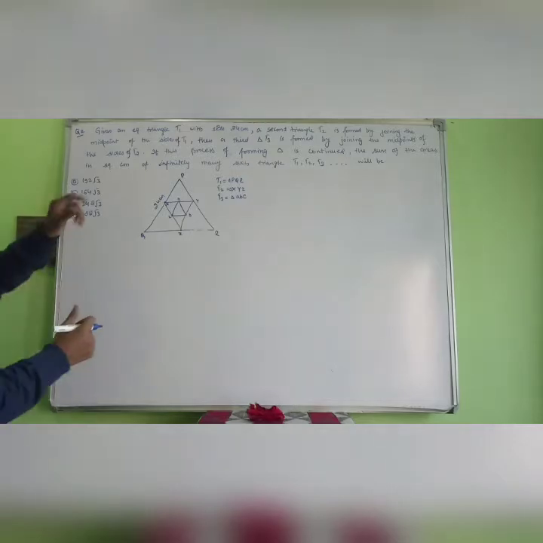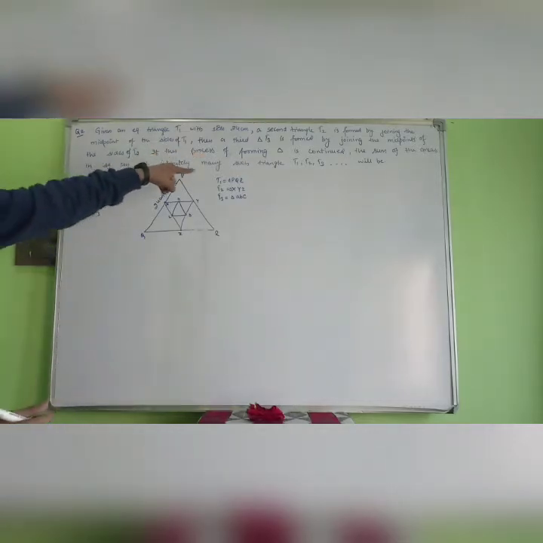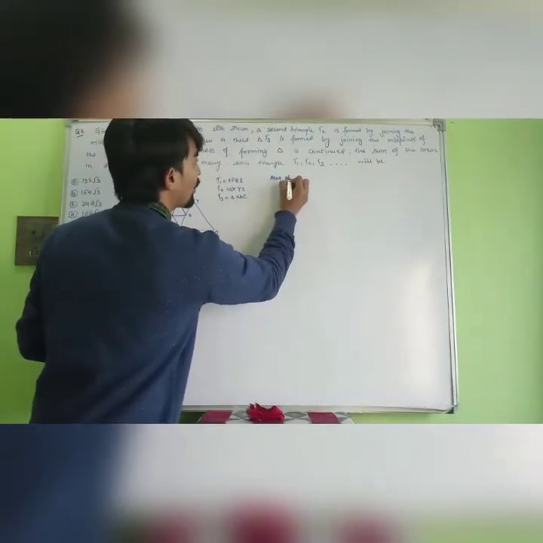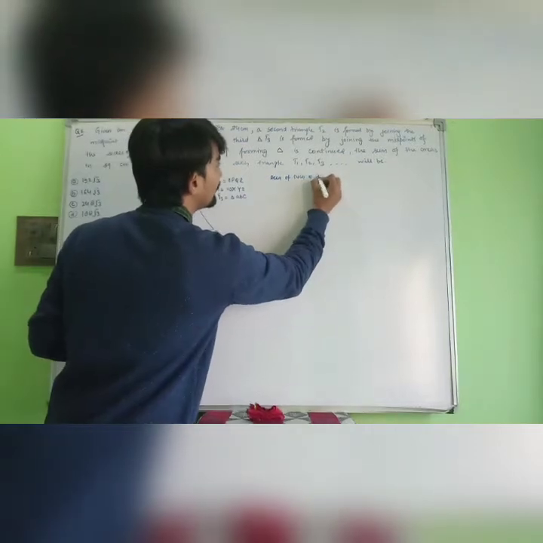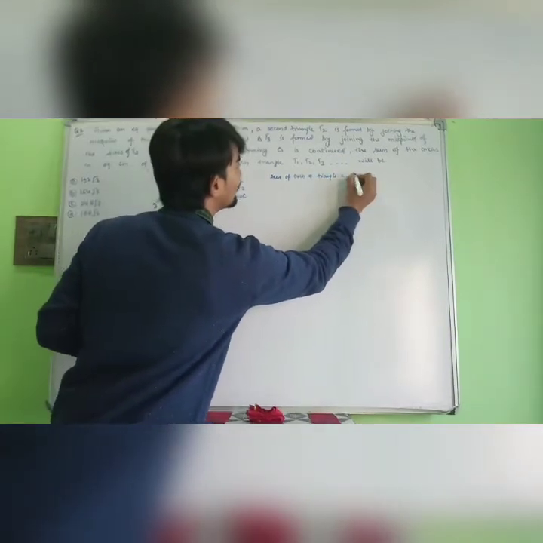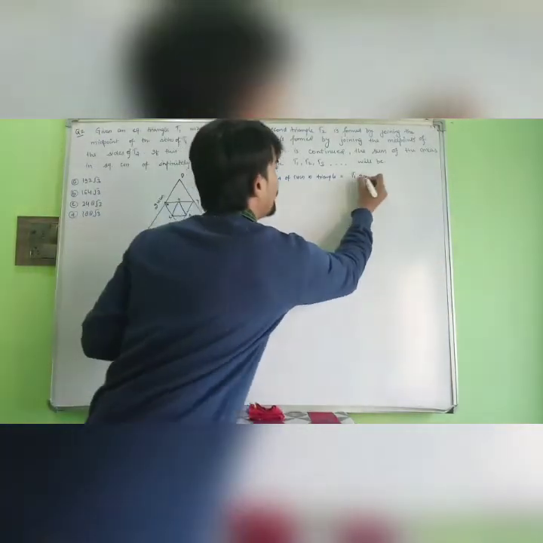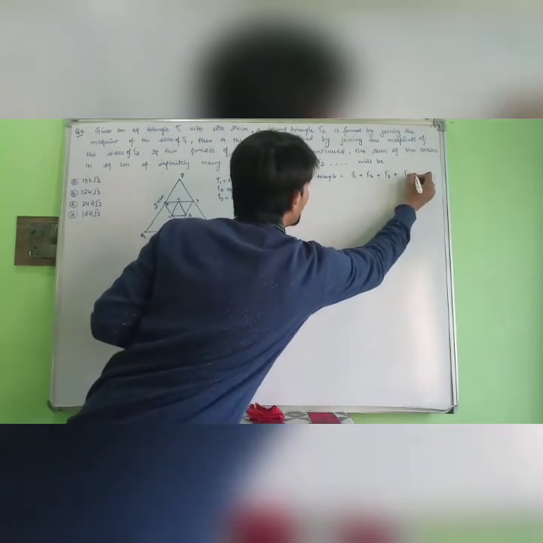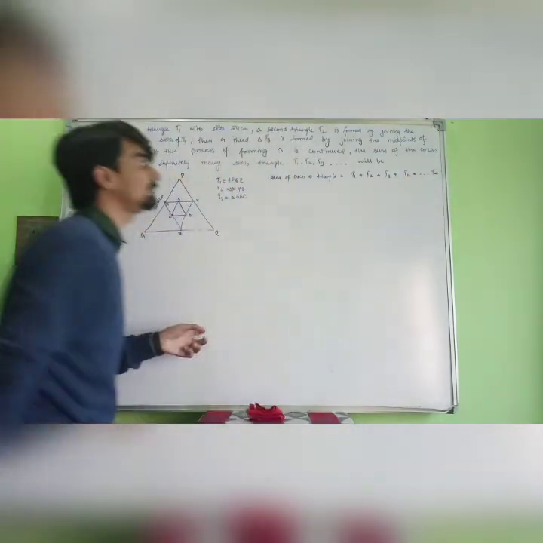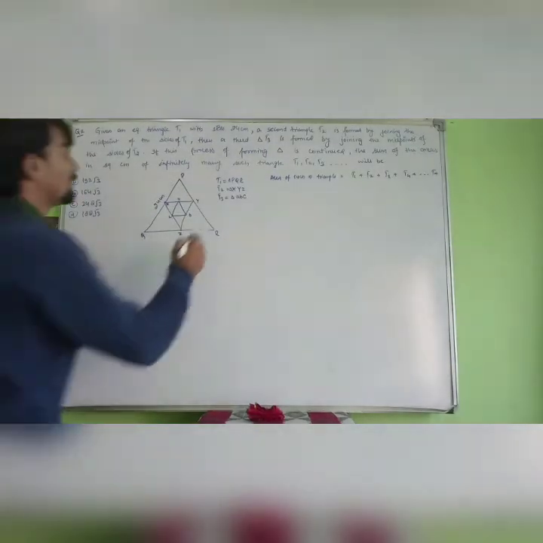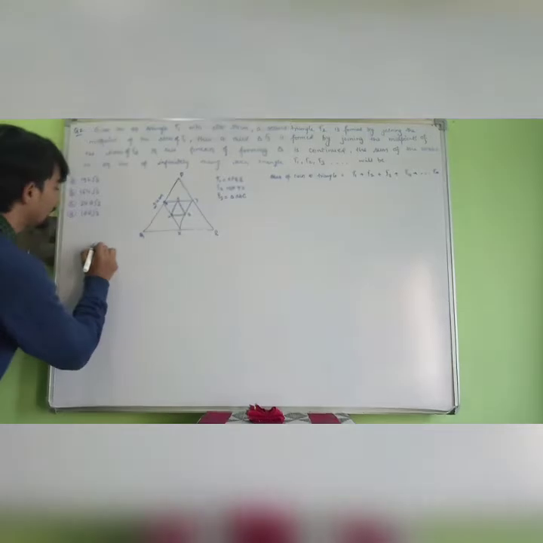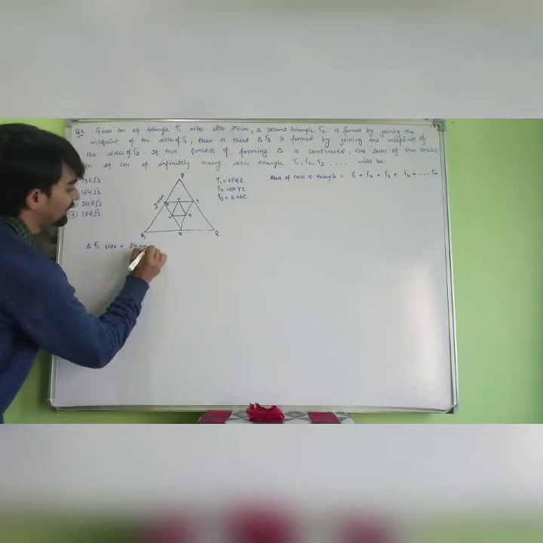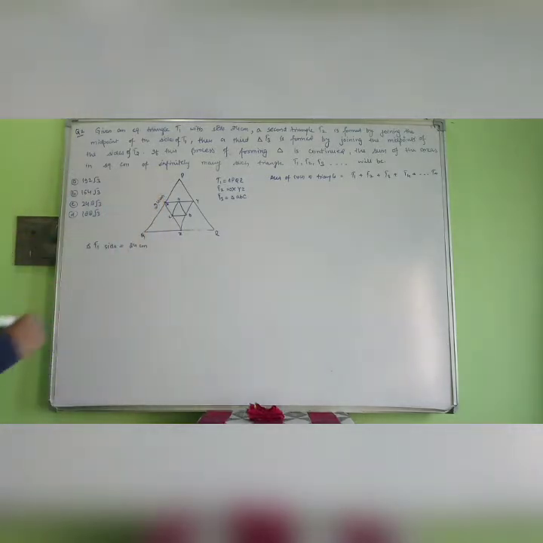Okay. Now we have to find the area of such infinitely many triangles. That is, the area of T1 plus area of T2 plus area of T3 plus T4 and so on, to infinitely many triangles. Okay. So the side of the triangle T1 is given, the side is 24 centimeter.